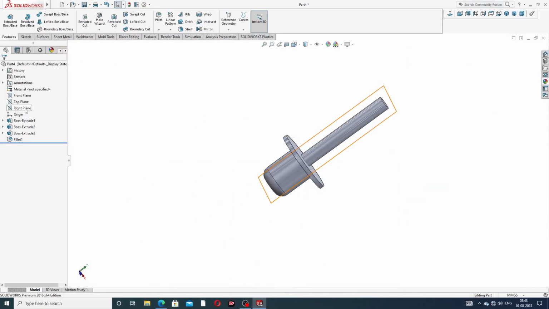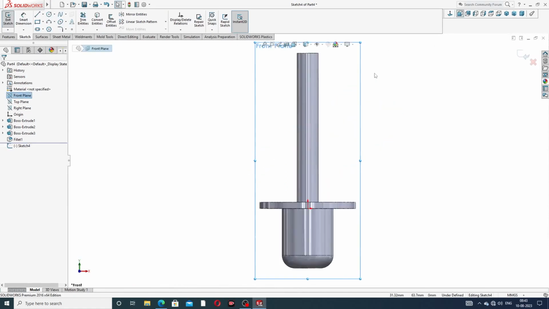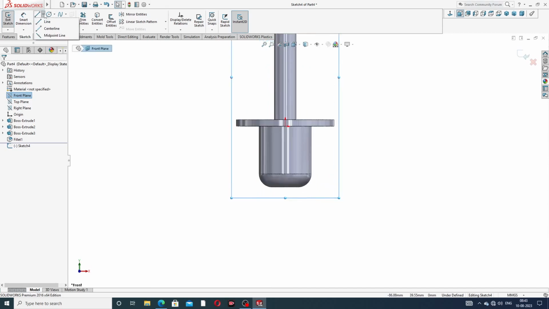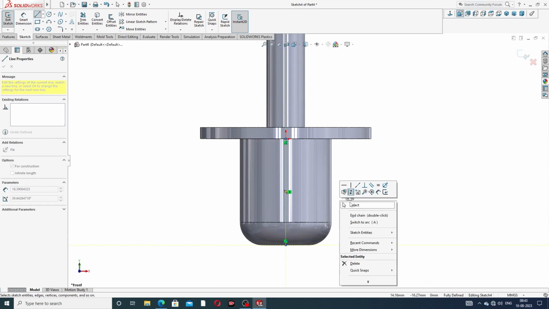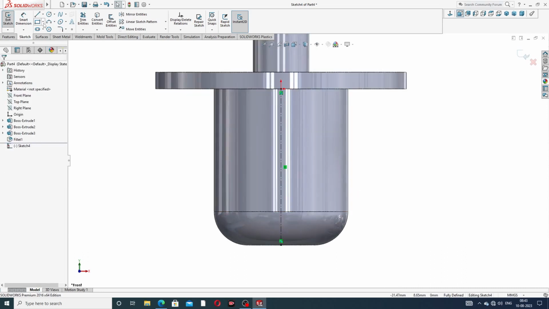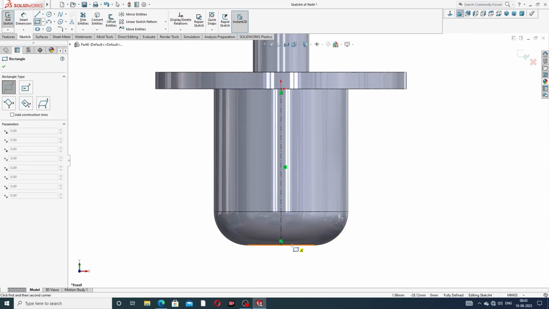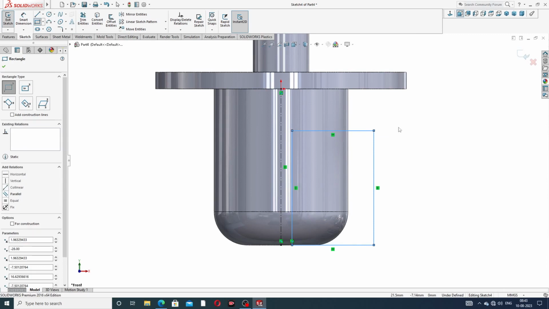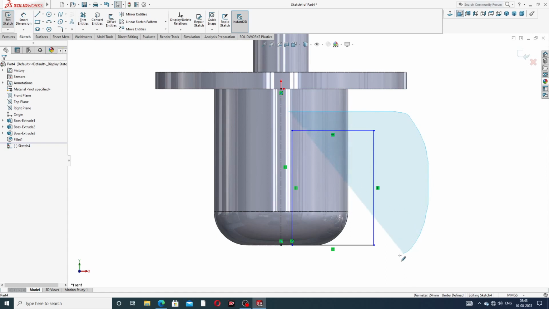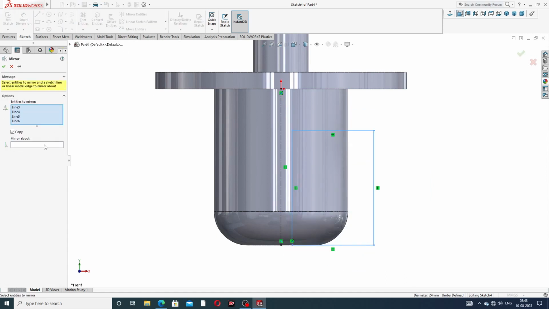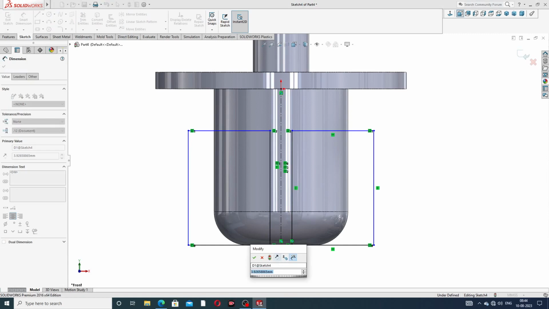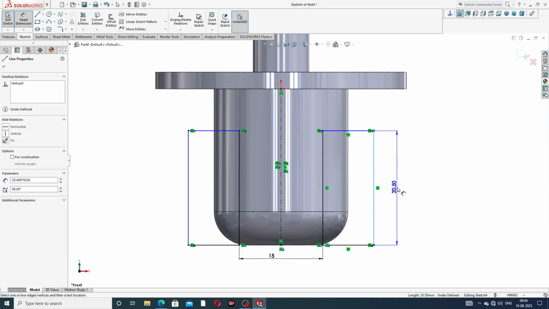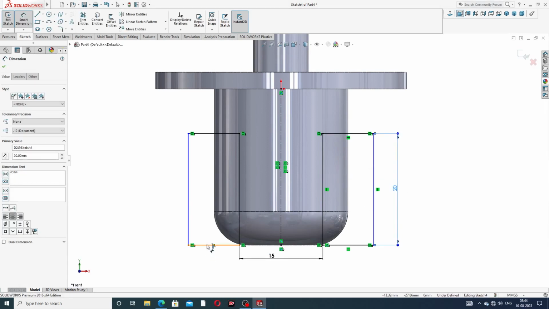Okay, use the front plane, sketch, normal, and select this center line. This center line is this, connect to this. Okay, and this line is vertical, which is very important, and use a corner rectangle, and the corner rectangle is selected like this. This is perfect, and select all of this and use mirror entities, and click OK. And align a dimension from this point to this, a 15 millimeter gap, which is very high and perfect, and this distance is 20 millimeter and this diameter is